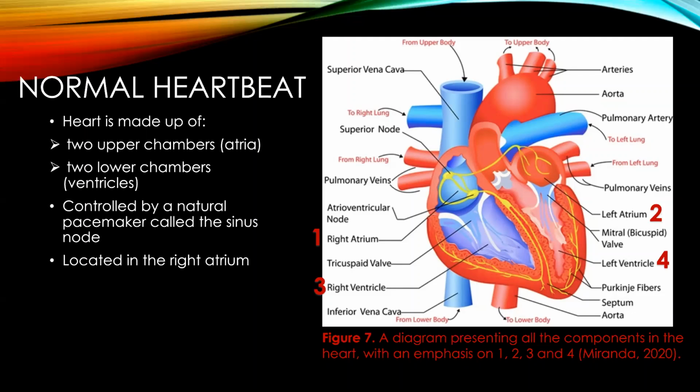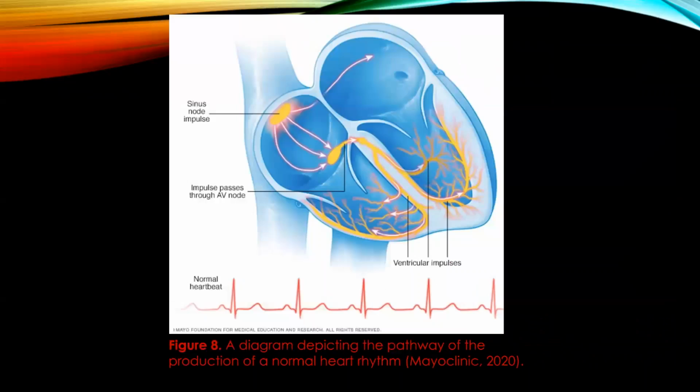Normal heart rhythm is controlled by a natural pacemaker called the sinus node. It is located in the right atrium, marked as 1 in the diagram. Next, we have a diagram depicting the pathway of a normal heart rhythm. The sinus node generates electrical impulses that give a normal start to each heartbeat. As a result, these impulses cause the muscles in the atria to contract and pump the blood